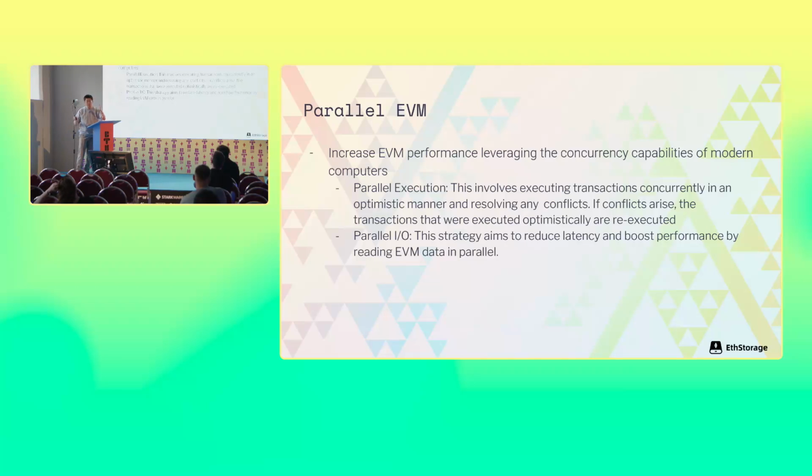Then parallel execution says, hey, why not run A, and at the same time also execute B and C using the state that A is executing. Once after executing A and B, you double check if there's a conflict of the read and write set. If not, then you can easily merge the execution result of B with A's result so that we can get the corresponding results, and that better utilizes the concurrency feature of the node. Another direction is called parallel I/O, which aims to reduce the latency and boost the